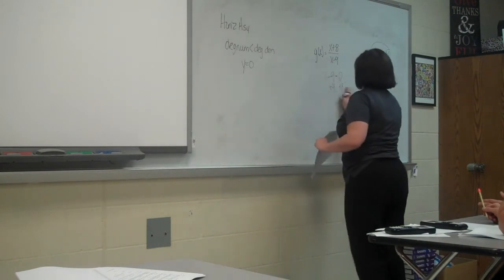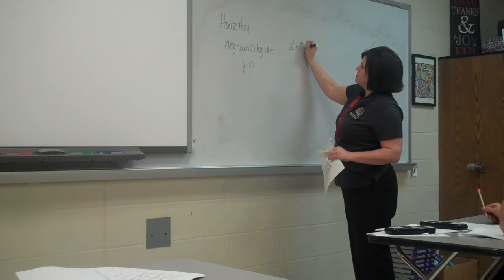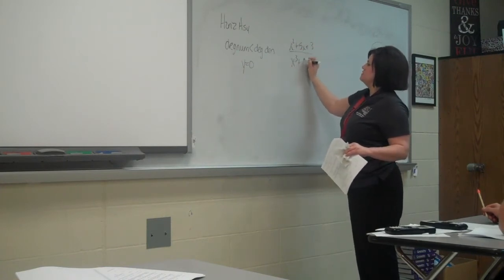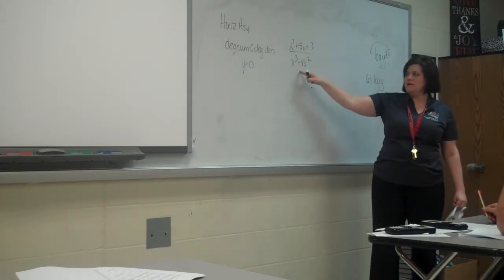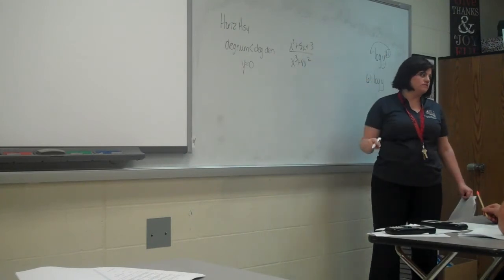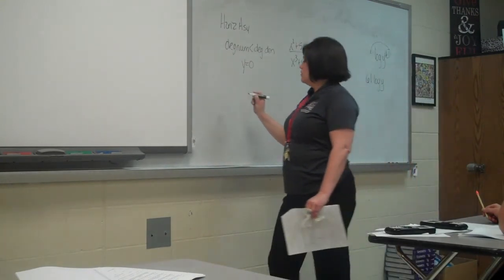That would be like if I had x squared plus 5x plus 3 on the top, and x cubed plus 8x squared on the bottom. The degree of the numerator is 2. The degree of the denominator is 3. If the degree of the numerator is smaller than the degree of the denominator, y equals 0 is your horizontal asymptote. If the degree of the numerator is equal,